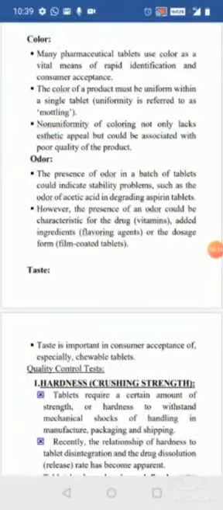When coming to the taste, you are going to apply that for consumer acceptance, especially for chewable tablets, like Digene or vitamin tablets, or tablets which are meant for small children, like the sugar coated tablets. You are going to add the sweetening agent for consumer acceptance. However, if there is not proper distribution of the sugar, or if the coating is not uniform, then it is going to provide you a bitter taste. However, that is going to resemble the taste of that tablet.